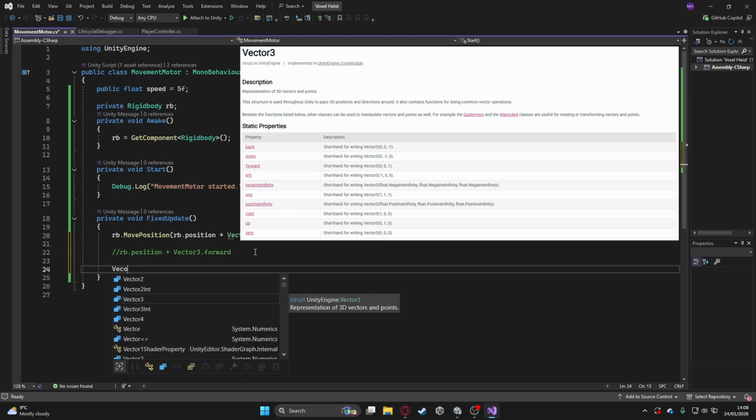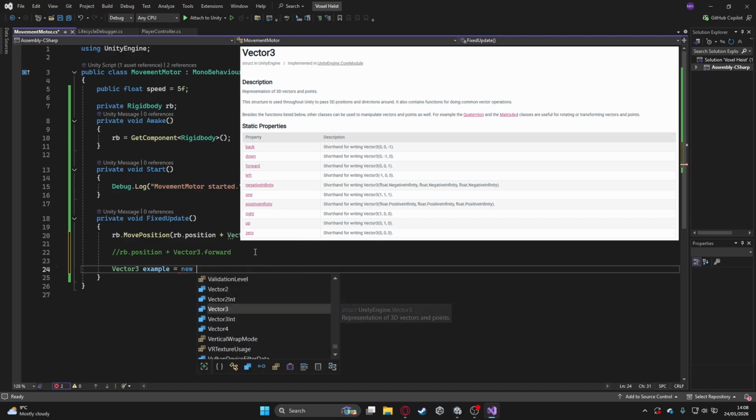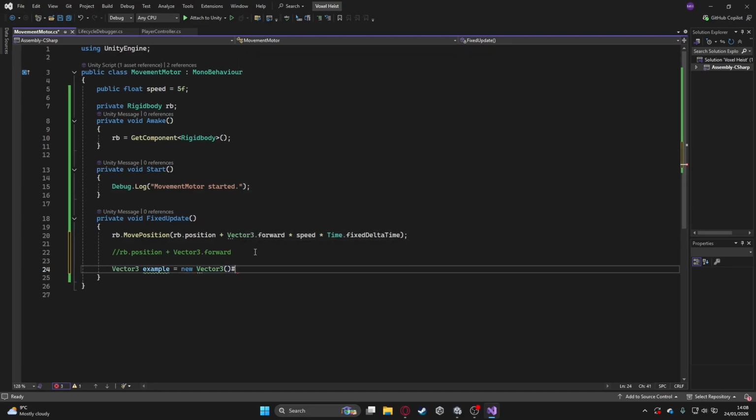So a Vector3 is a storage of 3 float numbers. So I can do new Vector3 to show this off. So we can have, as the example had, 1, 2, and 3, but these are floats. So I can do 1.5, 1.2, and 1.6, but again, them all being floats need to be followed by an F. And that's all a Vector3 is. It is storing 3 sets of numbers,